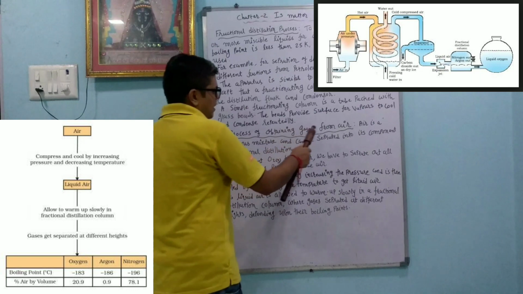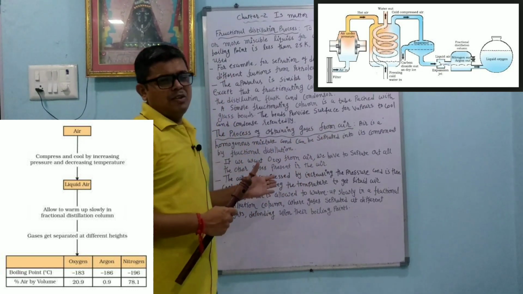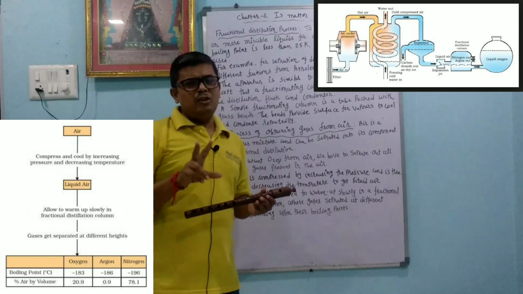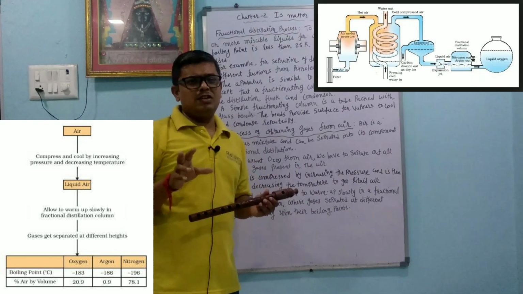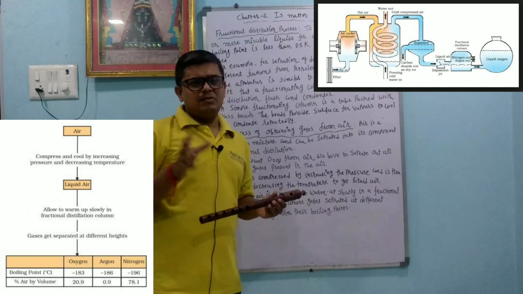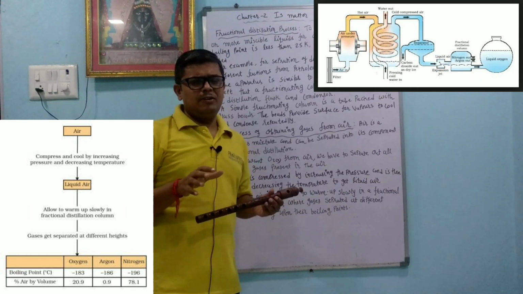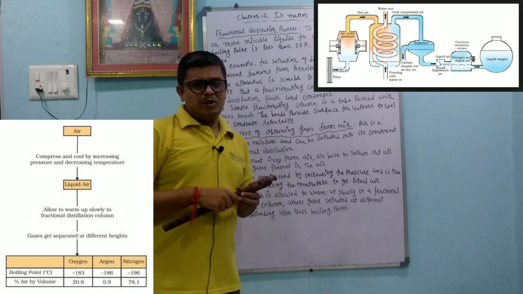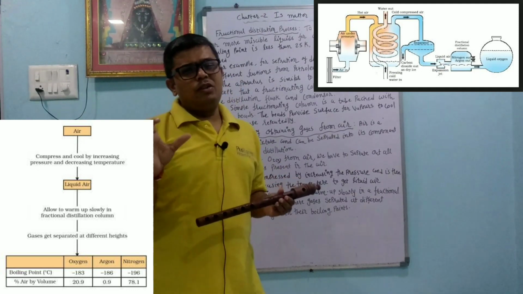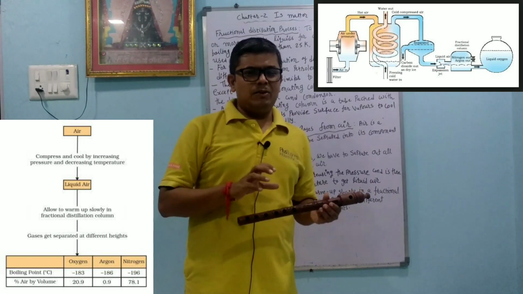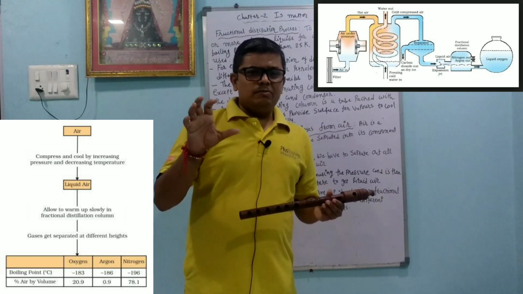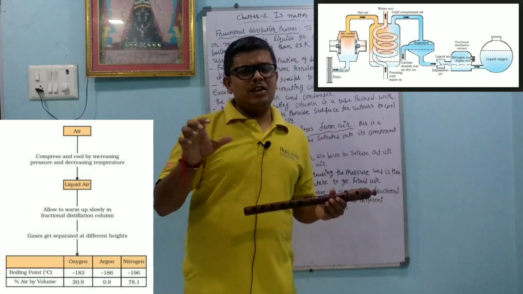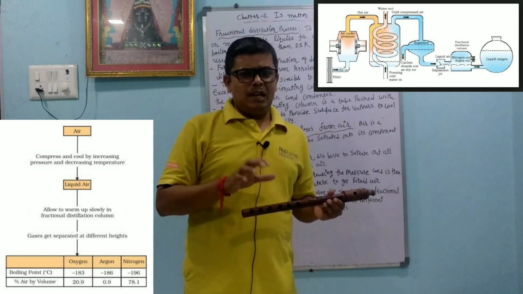The process of obtaining gases from air. Now we use the same method to separate the different components of air. In air, mainly two gases are present, nitrogen and oxygen. Others are also there like carbon dioxide, sulfur dioxide, nitrogen oxide, so many are there. So we can separate it by the what? Fractional distillation method. Now dear student, first we have to convert the air into liquid form. How can we convert? Air is in the gaseous form, so we increase the pressure. When we increase the pressure and decrease the temperature, air converts into the liquid form.